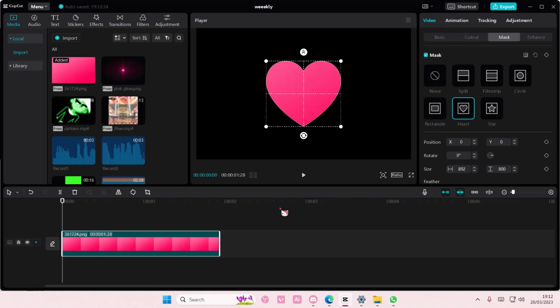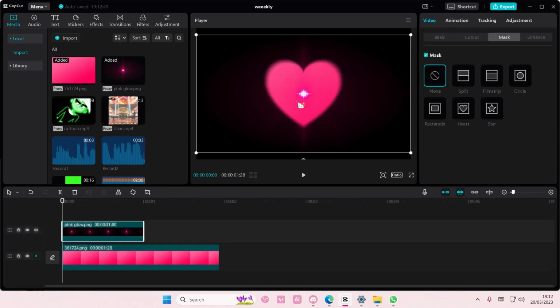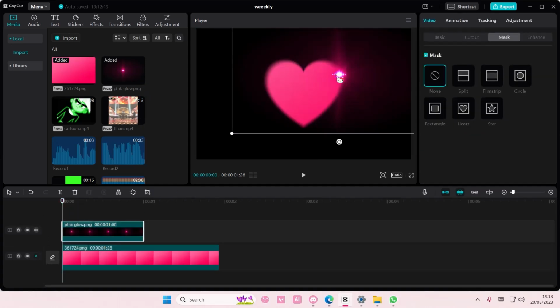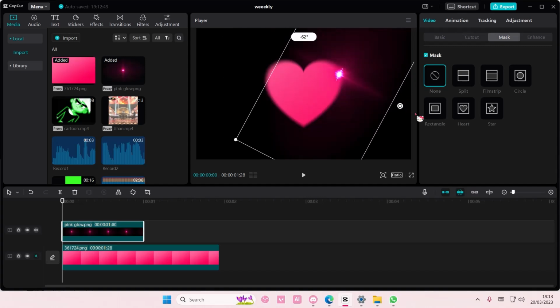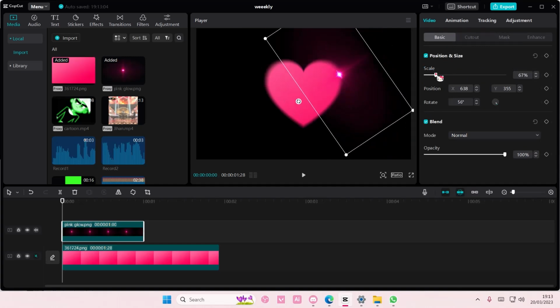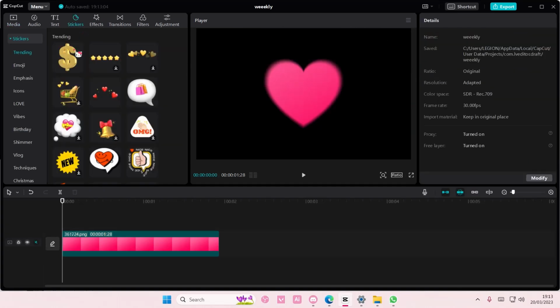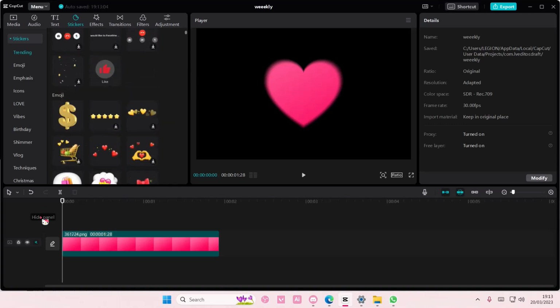You can leave it like this, or you can also feather it out just a little bit like that. And you can even add in a spark to it as well if you'd like to, like here, and might as well rotate it or something like that. Totally up to you if you want to add in some more effects to it, or you can go to stickers and add in